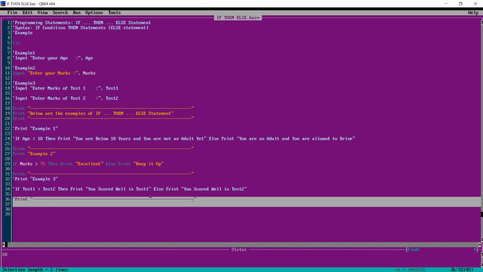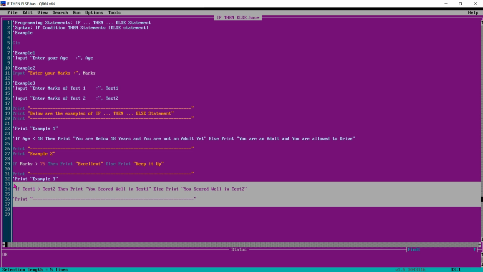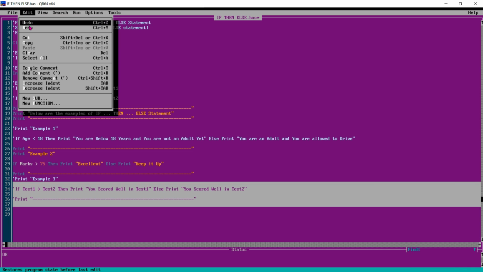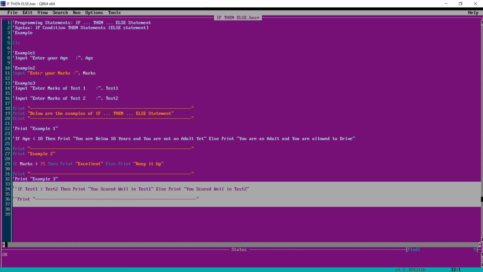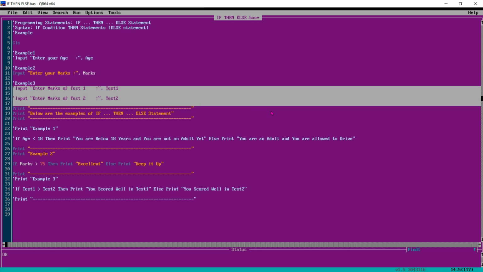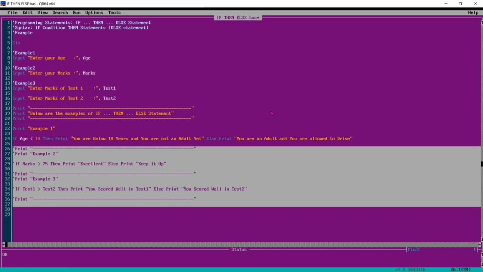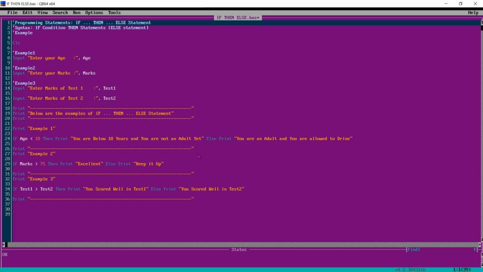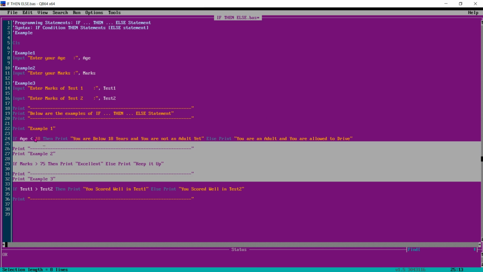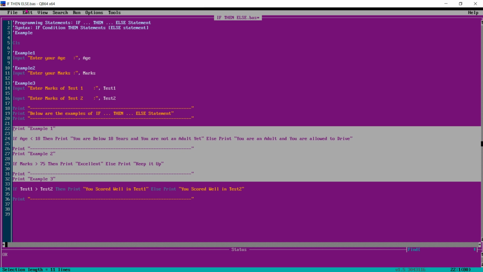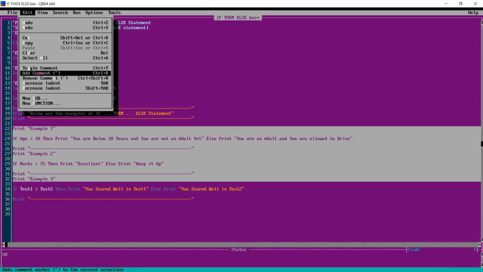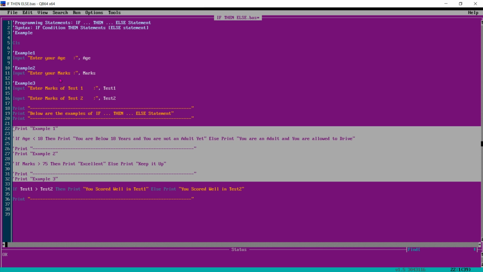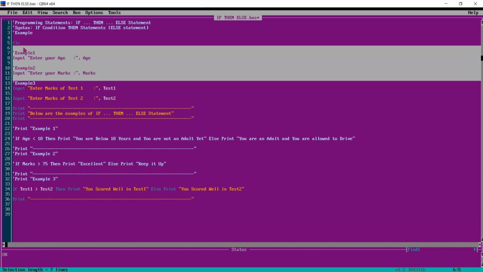Okay, now we'll move to example 3 to see how it works. So let me comment up to here. Commented, and I am also commenting this part.